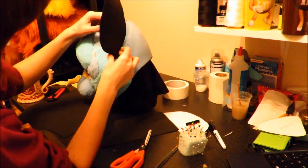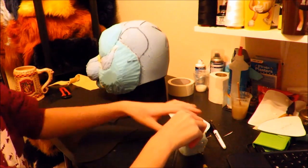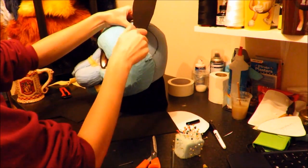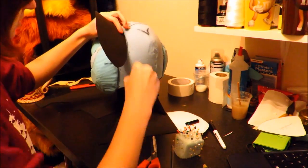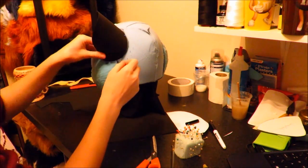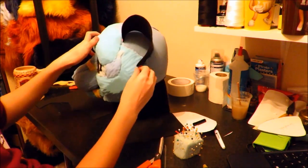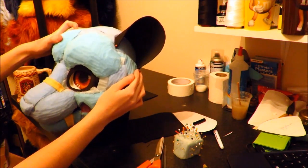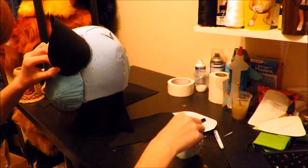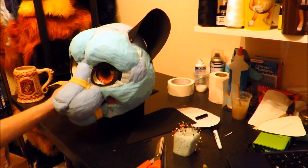What I might do is curve that edge a bit more there. Pin it on again. So much trial and error with ears, they are just the worst. Pin that one on there. Pin up there. One in there. See, already I'm not sure I'm happy with these. I really do hate making ears. One in there. And then what you can do,